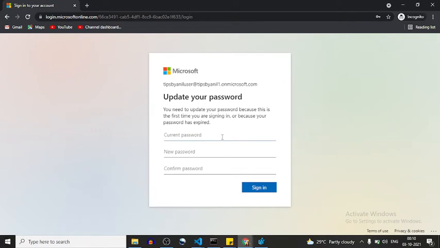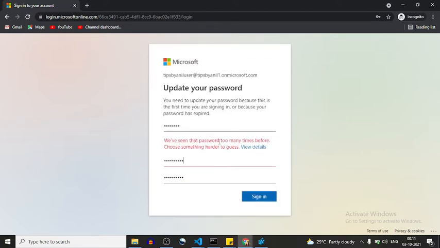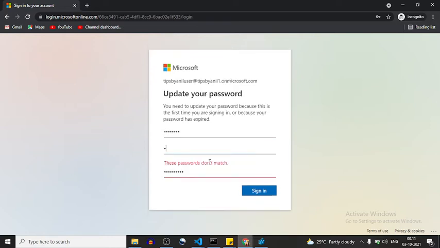So it's asking for the current password, and a new password because we are going to log in the first time. It says the password has been used too many times, choose something harder to guess. All right, so we are going to choose a different password.